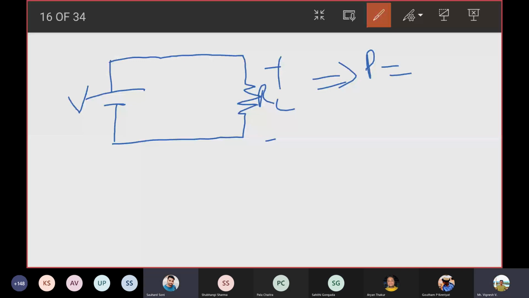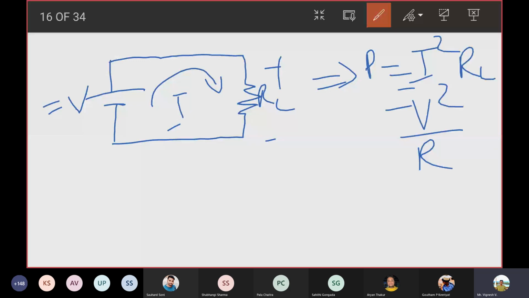Or you can tell it in terms of I. It doesn't matter. It is I square into R or V square by R, right? Am I right? Yes, sir. Very easy to get because it's a DC value, right? So this can be a constant 2 volts, 5 volts, anything. Now, if I ask you the same question,